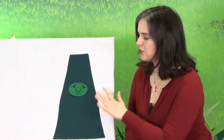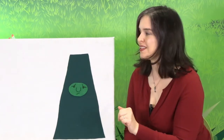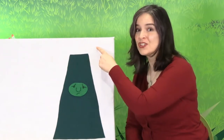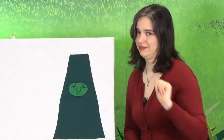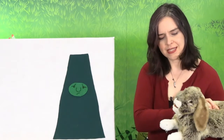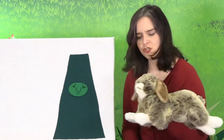That's because in the summer storms, Pine Tree lost lots and lots of his branches and got struck by lightning. And the whole top of his tree came off. Poor Pine Tree. Well, Pine Tree was looking sad like this when Bunny came by and said, "Oh, Pine Tree,